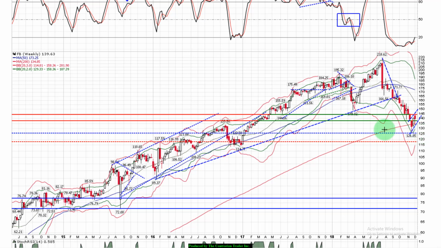So while the daily chart looks really good, the weekly chart does not look as good. Now, if we were to pull back and do a retest of 126.85 or put in a higher low, that would get me very, very interested in Facebook, but not right now. Google,